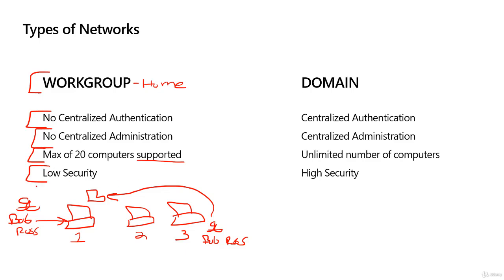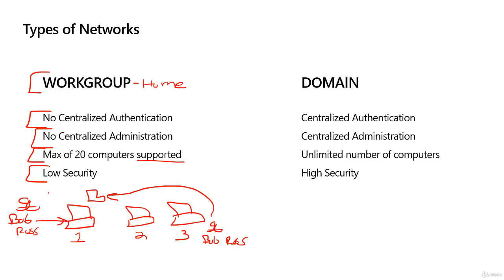A workgroup is also considered to have low security. Now, some people try to debate this, but that is Microsoft's stance, that it is low security. What's interesting is the reason they say it's low security. Now, Windows 10, you can say that's a secure operating system. It is the most secure client OS that Microsoft has ever released. Server 2019 is the most secure server operating system. But the reason in a workgroup we have low security is